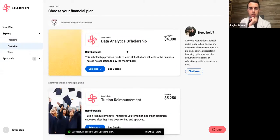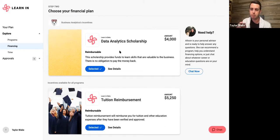Well, now here, this scholarship's been unlocked, right? So there's a couple things to think through here. So this is for specific upskilling needs and outcomes. One way that you can drive people further down that funnel, if that funnel is to develop a data analytics skill set, how do we get them to invest the time? Well, one of the great ways is to get them in a program that's going to help them develop those skills. But then, what we see a lot of companies, their first instinct is to say, great, let's find the most adjacent roles and make these opportunities available for people in the most sort of adjacent roles to data analytics